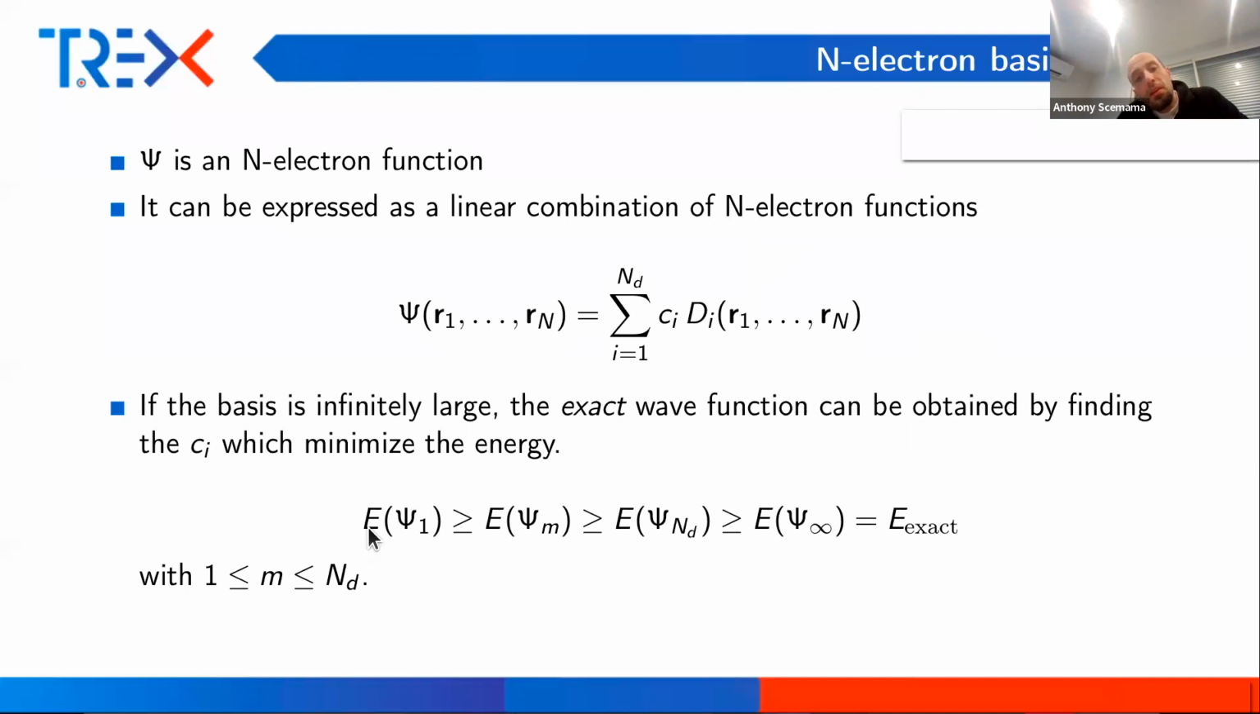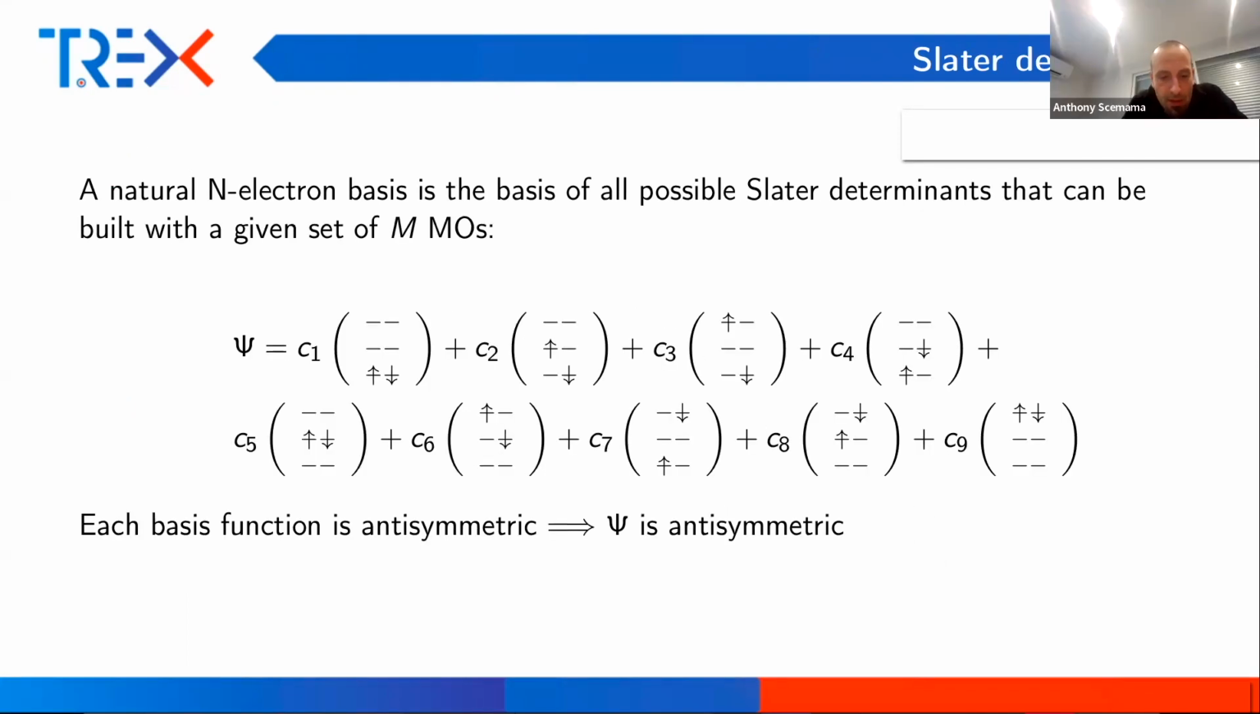So here, this is the energy of a single determinant wave function, which is higher than one with M determinants, then here, larger than N_D, and here infinite. Okay, so this is the variational principle, which states that the more parameters you have, the lower will be the energy, and you will converge to the exact energy from above. So in this basis of N electron functions,